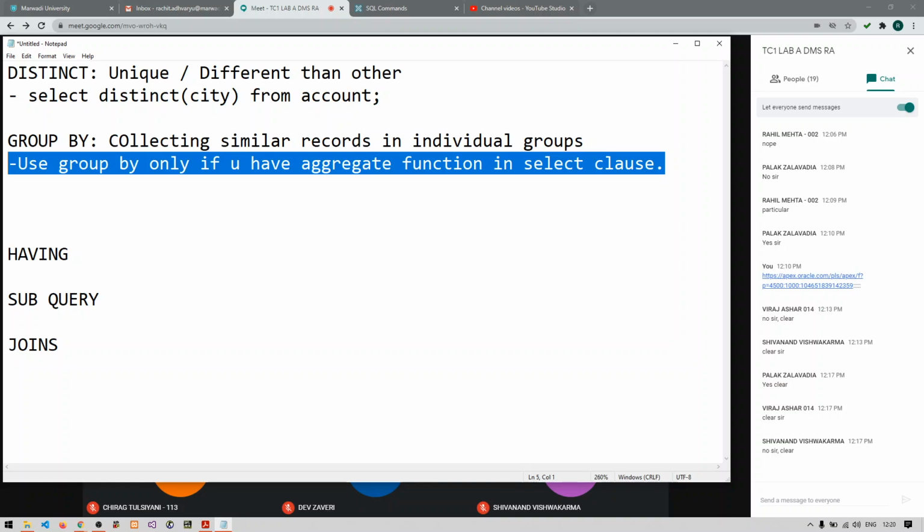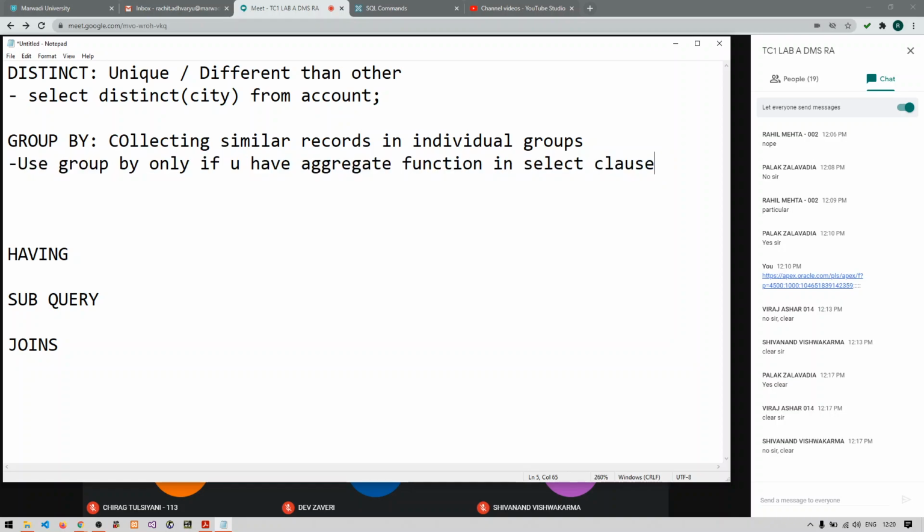So you can use the sum function, count function, max function, min function, or average function. So there should be at least one aggregate function between the select keyword and the from keyword. That is the rule.